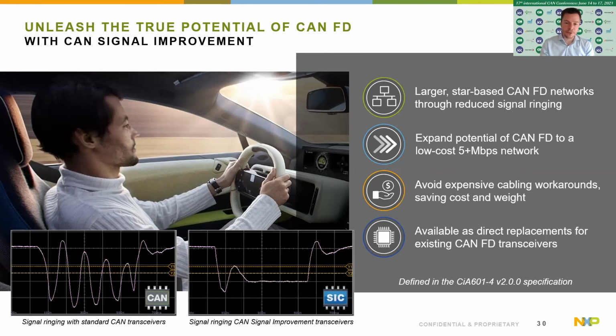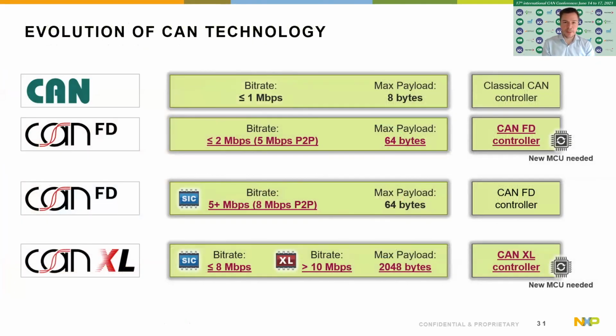So if I compare that also, as we're talking also today about going from CAN to CAN-FD to CAN-XL, we're kind of opening up a bit this step in between CAN-FD and CAN-XL, where I have a much lower threshold of effort in order to gain this improvement in my bit rate. I don't need to change my microcontroller. All of the typical micros would anyway be available. And yet I'm really able to access this next step in bit rate and performance, giving me a lot more capability in how I run my CAN-FD network. So we really think this is giving a really nice and powerful option for network managers to think about and access ahead of them the next generation of CAN-XL